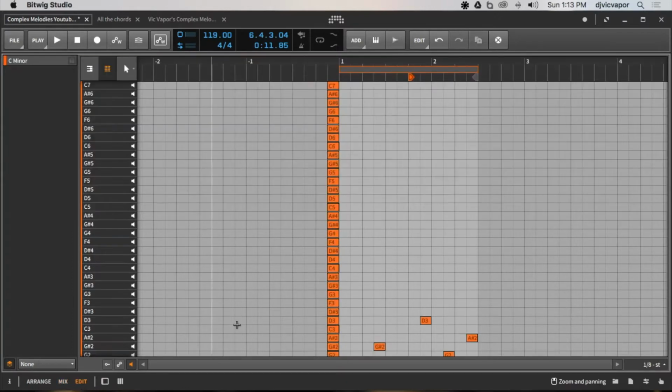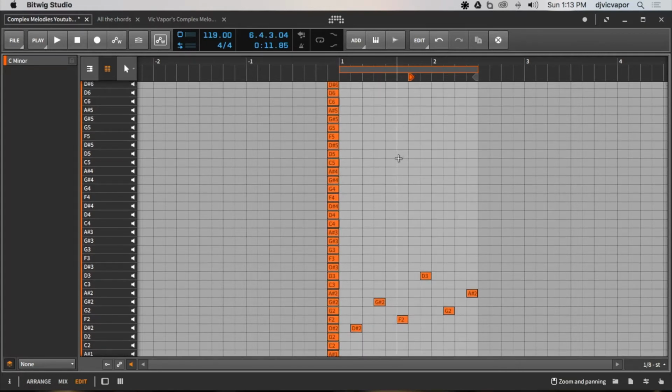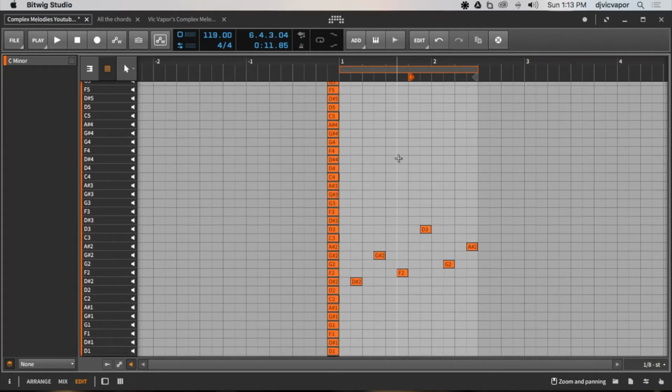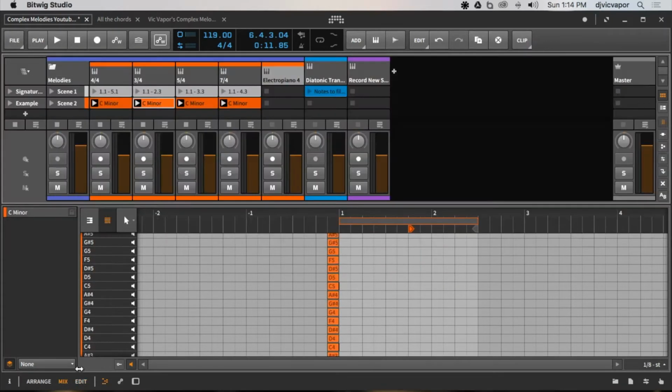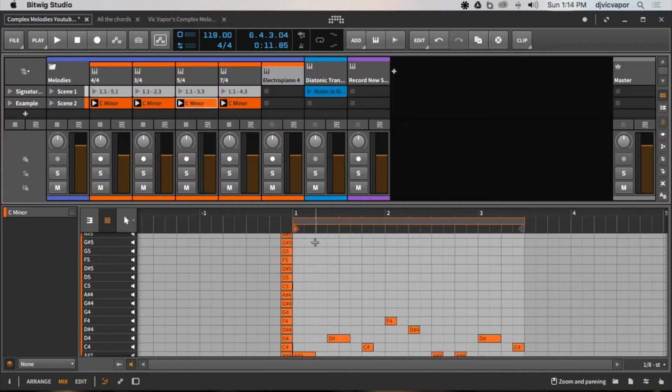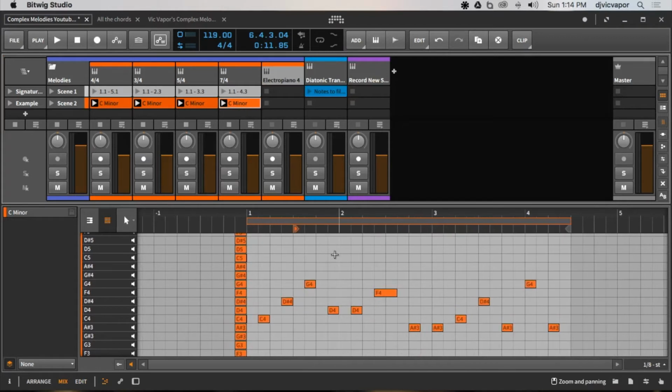Let me see, edit. We've got a different loop brace here, and then I've got a different start point. You can put a start point wherever you want, but moving the start point around creates different rhythms as well. Again, it's the C minor scale, everything's saved. Now all I've got to do is dial in the notes that I want, and the loop brace is set. And that's the same for the 5/4 and the 7/4. So that's what's creating our nice little